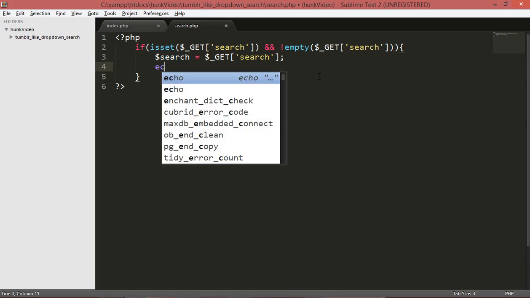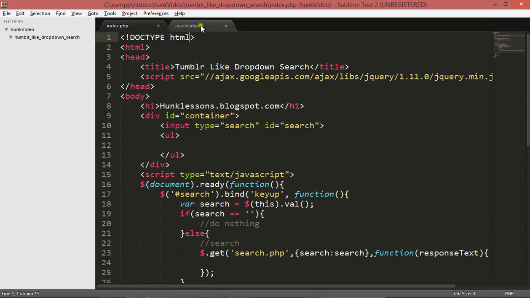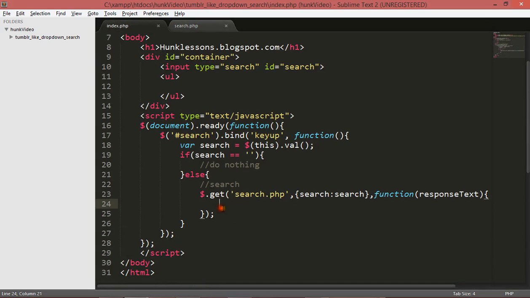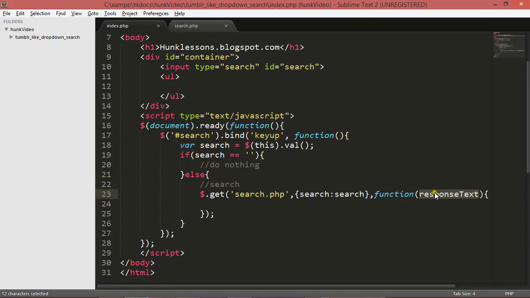We will echo our variable search to check that jQuery is sending data to our search.php page or not. Whatever is echoed in the search.php page gets stored in our response variable. We can echo the response variable and check whether something is echoed in the search.php page or not.